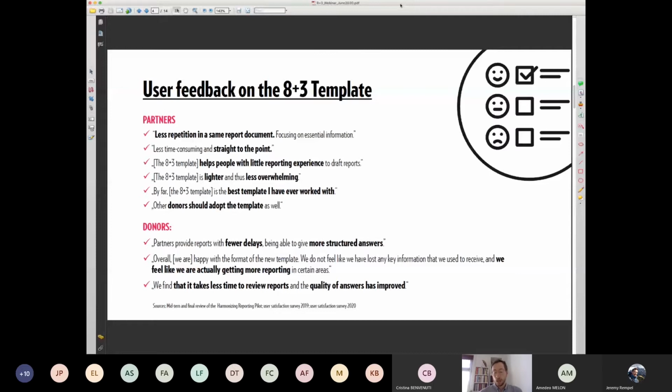And the reports are more structured, more digestible, and at times also received in time, so there are fewer delays. And I think that's a critical benefit for donors as well. So partners are overall quite happy with the template, and donors as well. Now on the next slide,